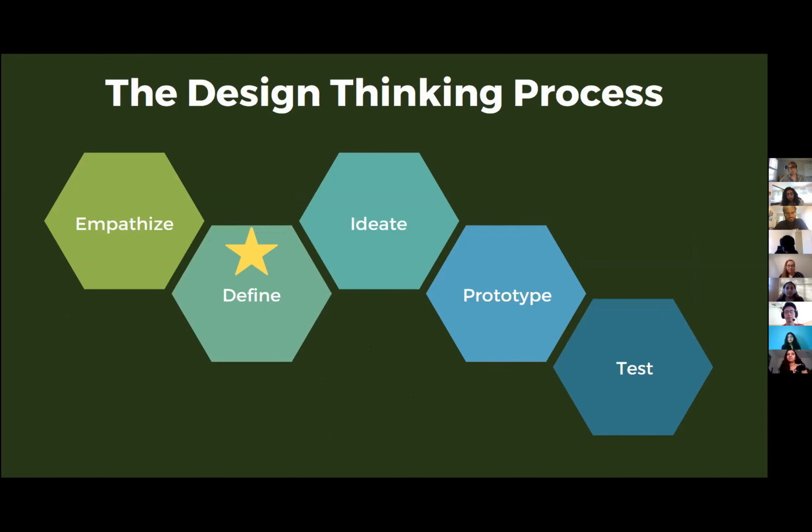So this is a design thinking process. It consists of 5 steps, and our group is currently on the define phase. So the first part of the design thinking process is empathize, and that's where we research our topic of question. Our group did so by creating a survey and using those survey responses to create a unique set of questions